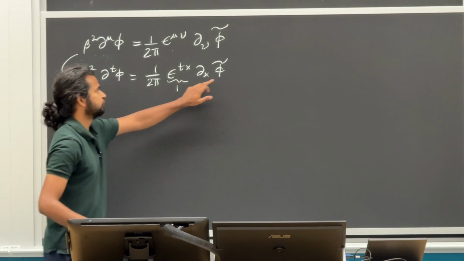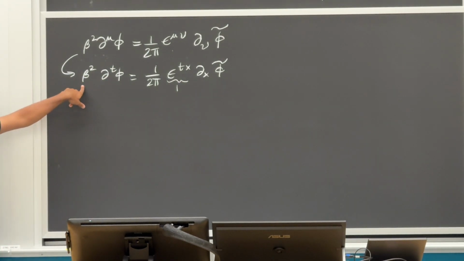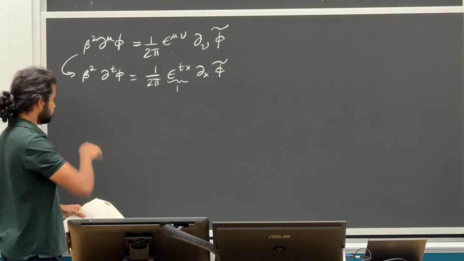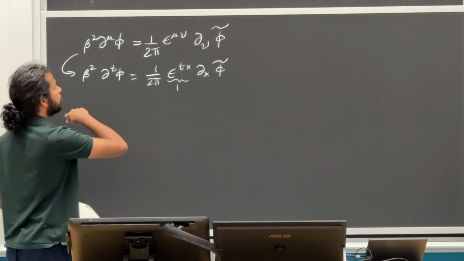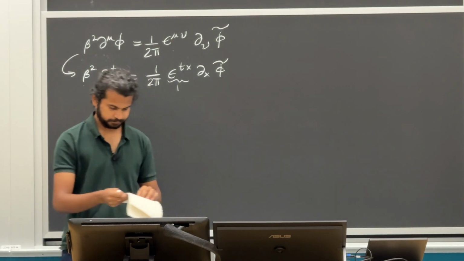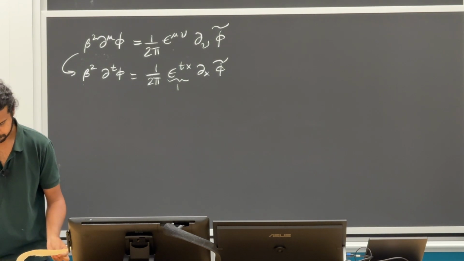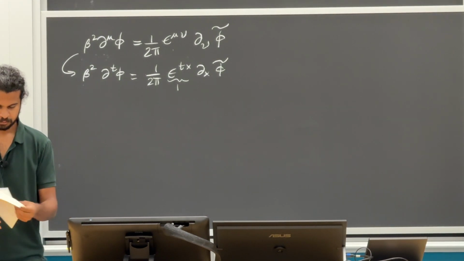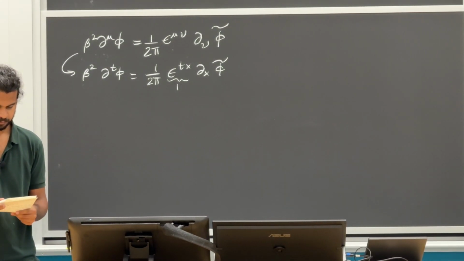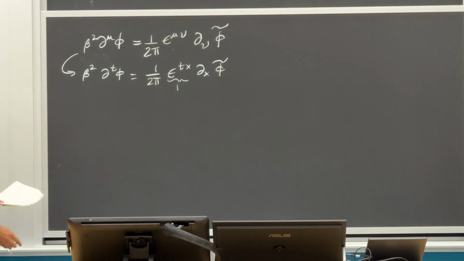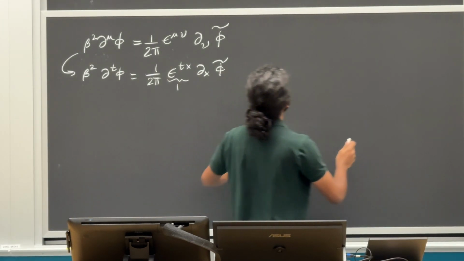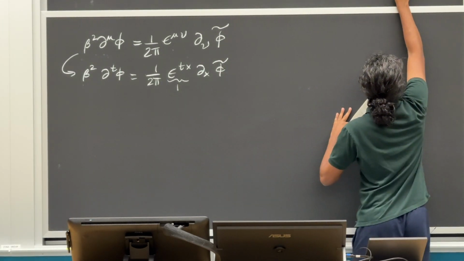So dx phi twiddle I can write as dt. So in short, I have this equal to